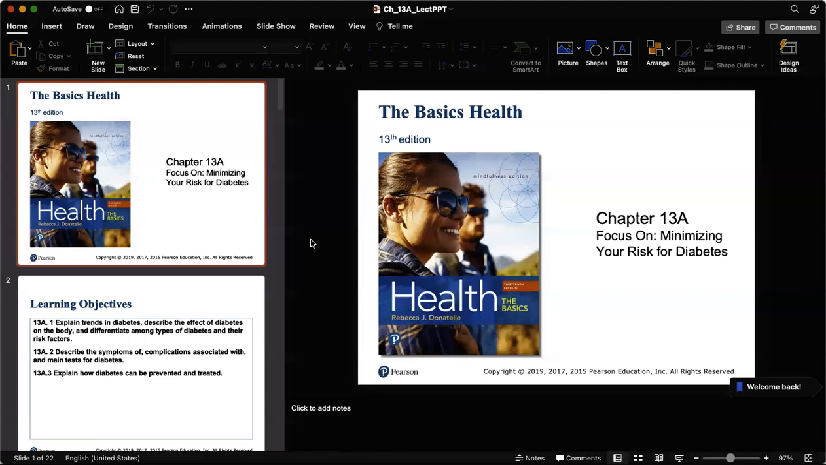So type 1, as you probably watched in the video and read about, type 1 diabetes is usually, well, not usually, it basically means that you are resistant to